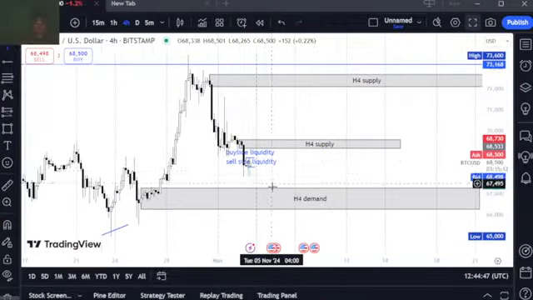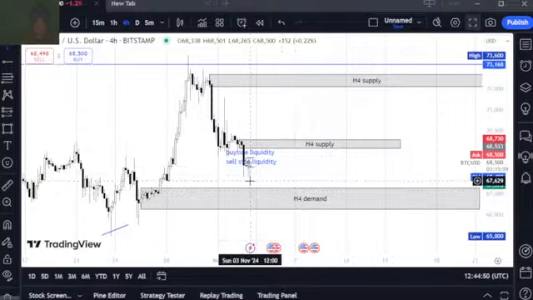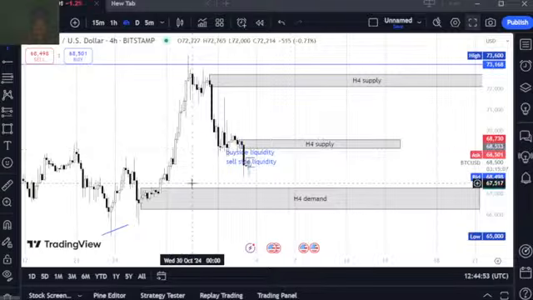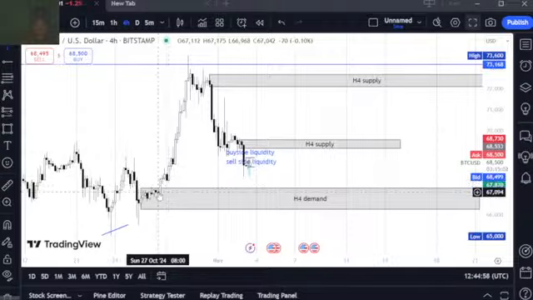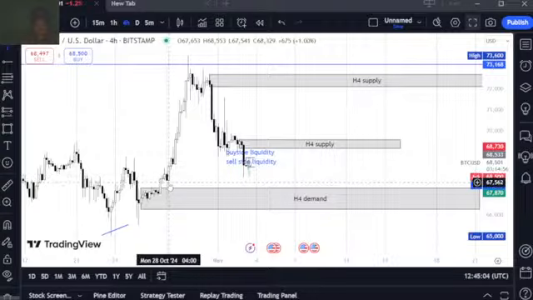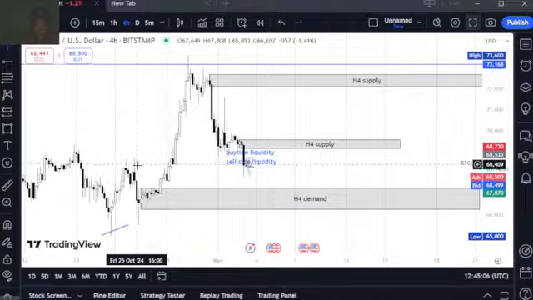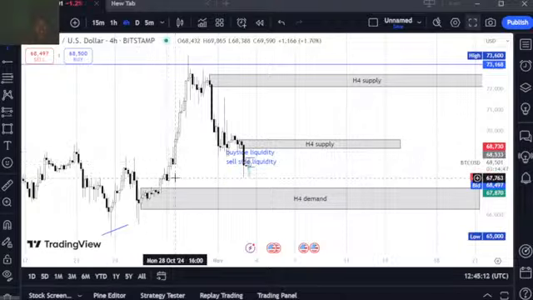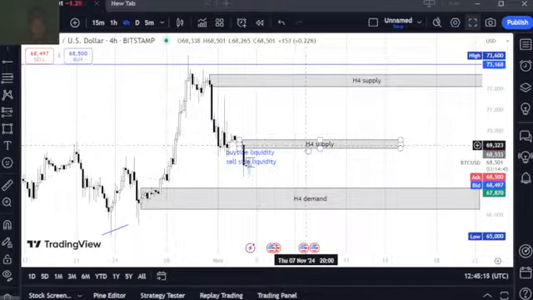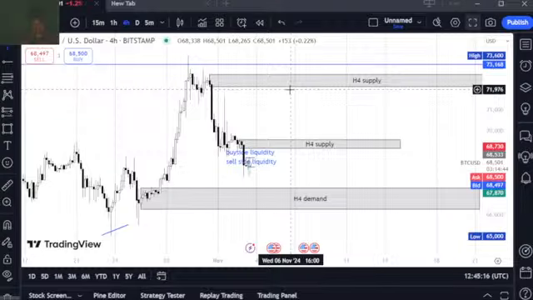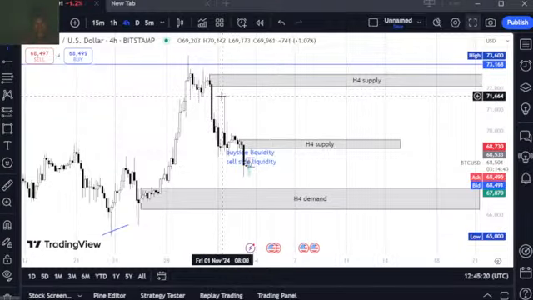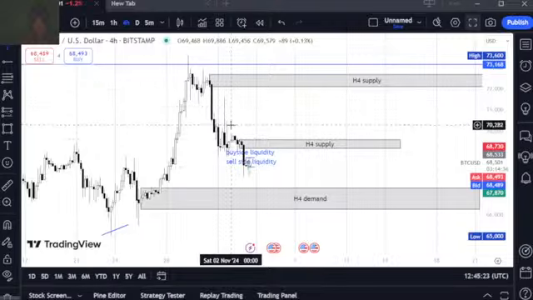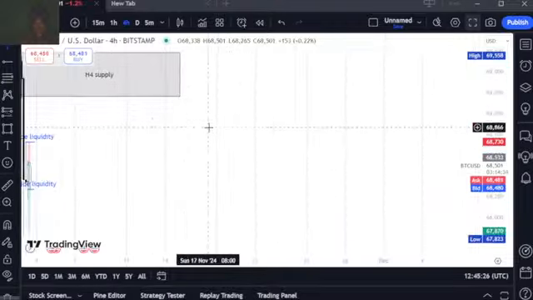But still yet, it will go down, tap into the demand, because the distance between here, as you can see, there's a huge gap formed at this level, and there's also a demand level. This demand level broke this structure. This demand also broke this structure. So price has rejected this supply. It wanted to move in, but this was the fair value gap it created. The fair value gap. If it was to be an imbalance price, this is how price is going to behave.